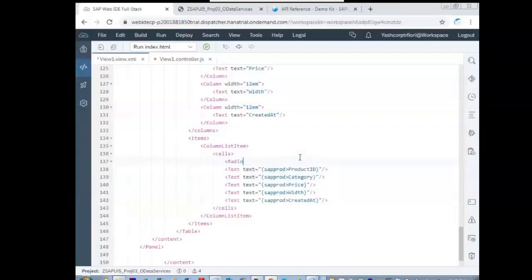Radio button. Let us have an ID for this radio button, ID RAD1. Event. What is the event for the radio button? Select. Thank you, sir. Select, RAD cell.